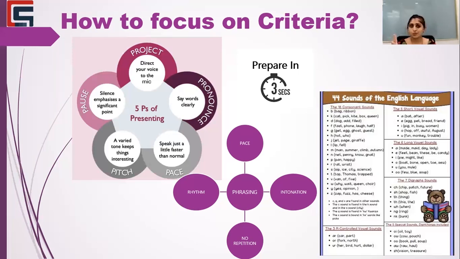Second, you have pronounce. Yes, you need to pronounce very clearly. Being in India, being native speakers of Gujarati or Hindi, we tend to pronounce words in different ways. All right, that has to be avoided. Here specifically, you need to have a clear pronunciation rather than having any kind of problems or pauses in between.